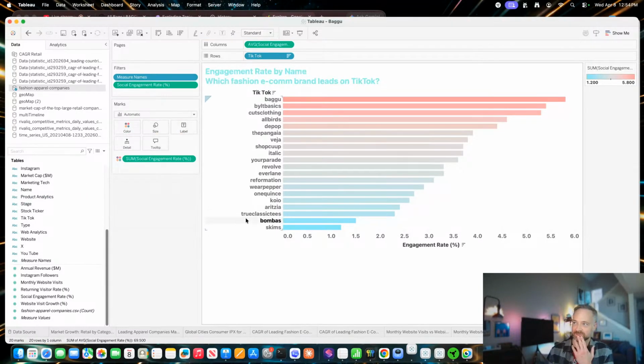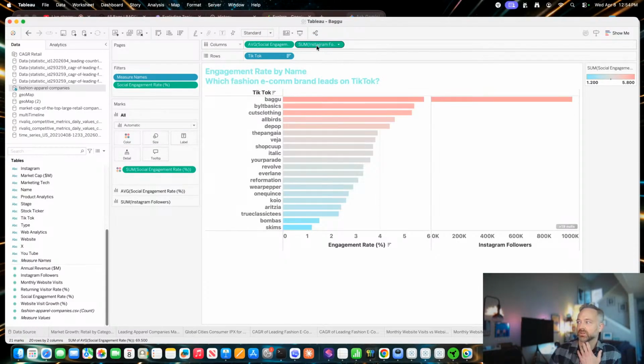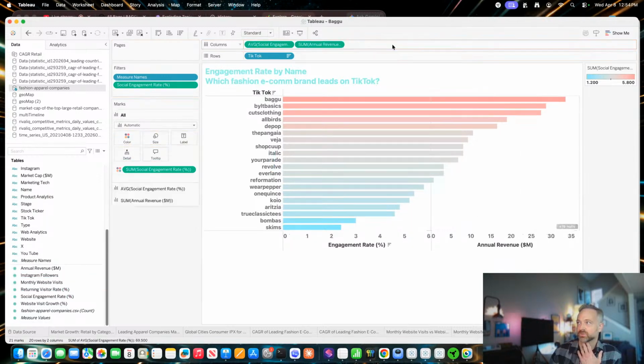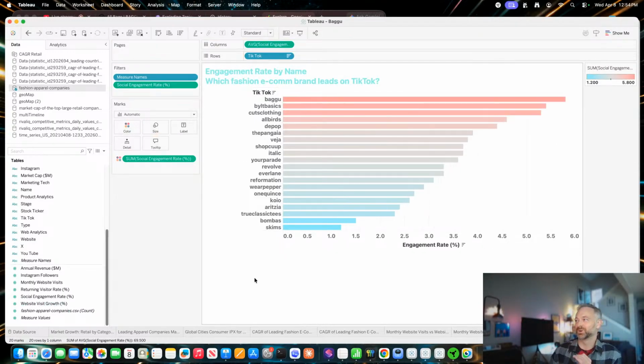That's confusing things. But we could use two different things. We have Instagram followers and we have engagement rate. So maybe we use followers instead, but we only have one that has data for the followers. So that's not going to help us. I want something that's more of a fixed thing. So we're going to just choose, not much good data there. We're going to stick with engagement rate, but normally I like something like volume or totals as the bar,